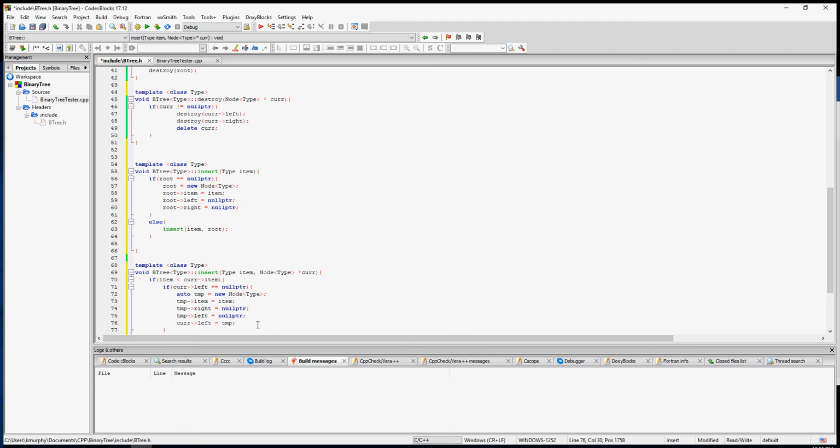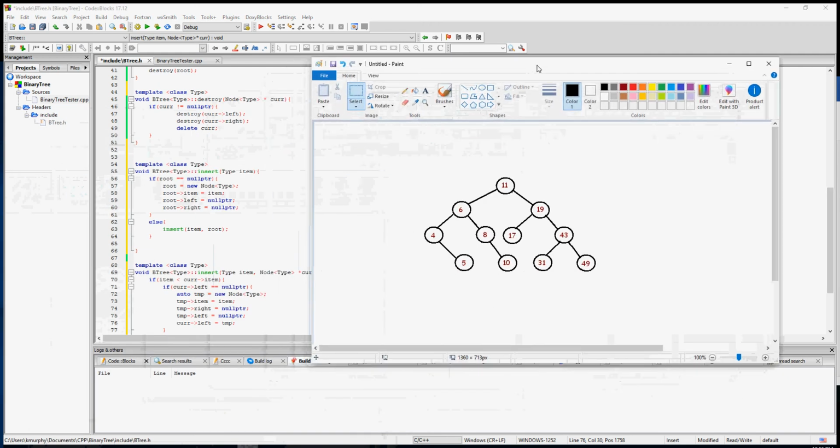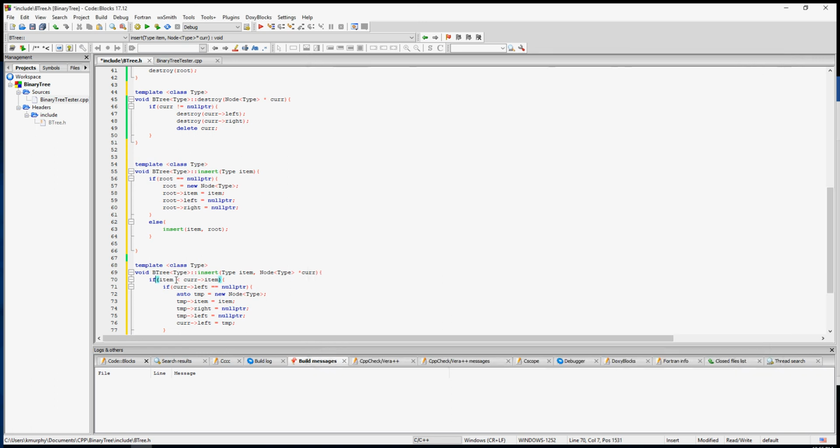Okay, so now we've got to go recursive. Here's why. Let me bring up a picture of my tree. So that was assuming that the left was null. What if it's not? Here, my root was null. We already had that situation where we could put in 1 there. But in this situation, suppose I wanted to add, let's do 50. I want to add a 50 node. This pointer is not null, and this pointer is not null. That means I need to go down a little further. So it's going to run through this if statement less than. I should have done the example on the other side, I guess,